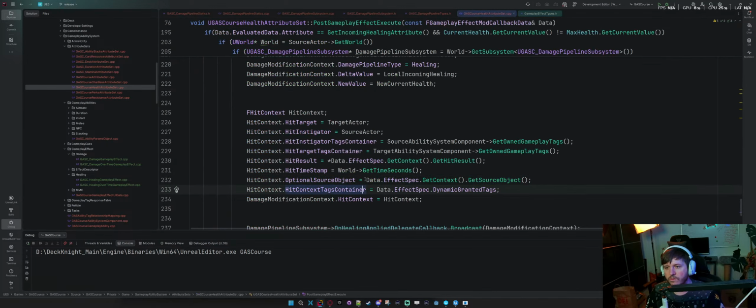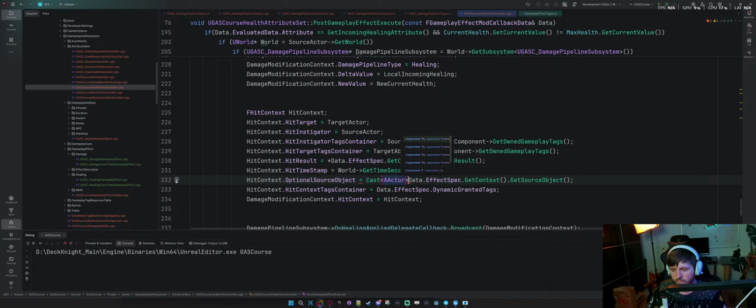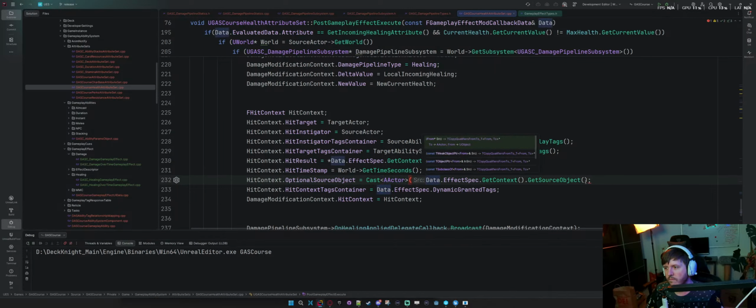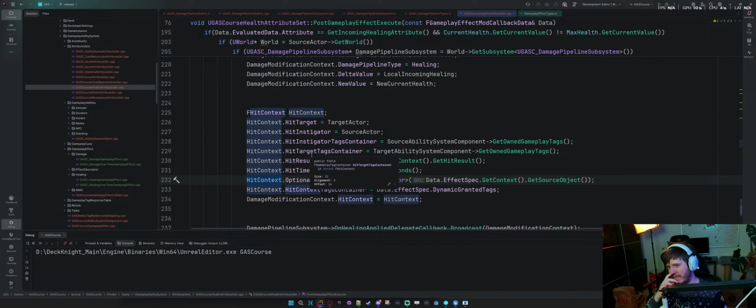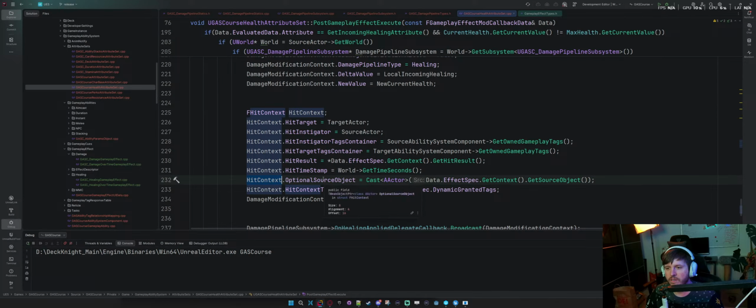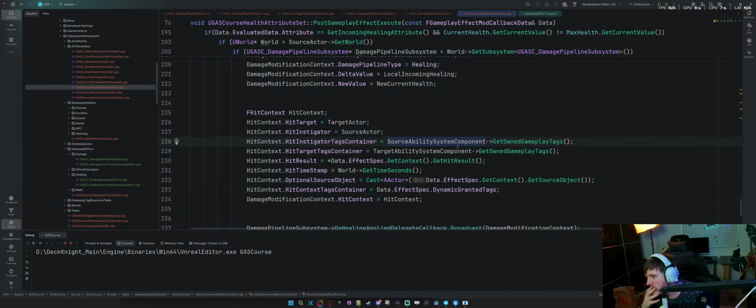So I guess I have to do cast to actor. Optional object is a TWeakObjectPtr class. Oh, okay. Well, let's just see if that fixed it.